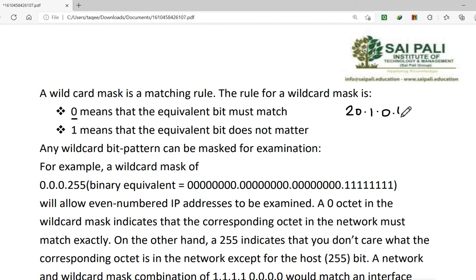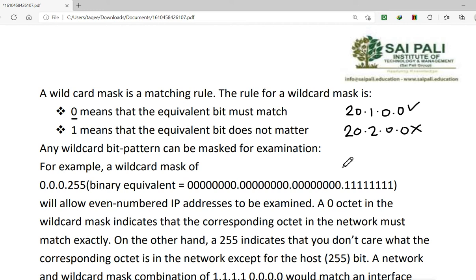20.1.0.0, and we have another subnet of 20.2.0.0. Now when I'm giving this network to the routing protocol, I want to enable the routing only for this interface, this network. I don't want to enable it for this interface or this network. Then what I will do, I will use the wildcard mask.